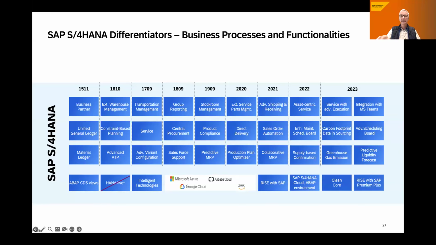Think of planning and executing a transport. When I'm planning a transport, I probably want to know already during the planning phase what kind of CO2 I am producing when I'm sending this via passenger plane or via truck on the road. And this is what we are building into our systems.